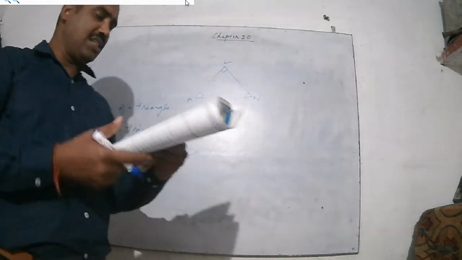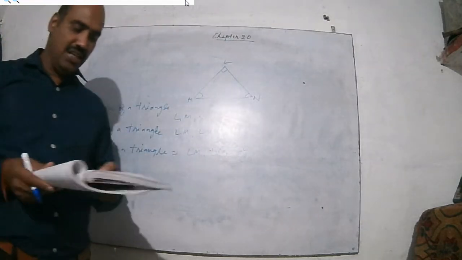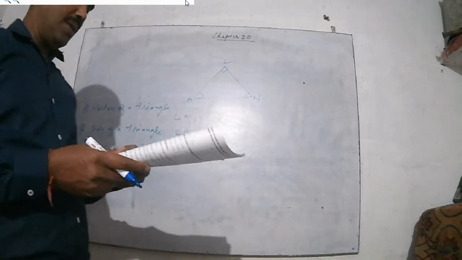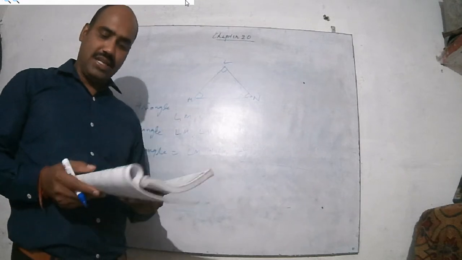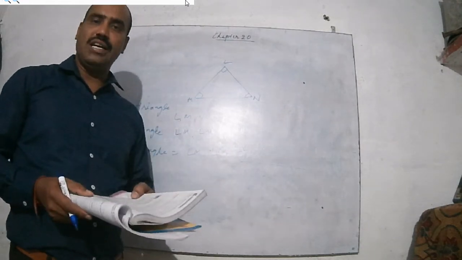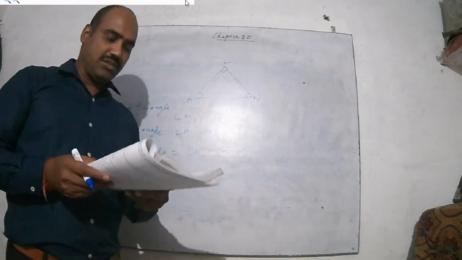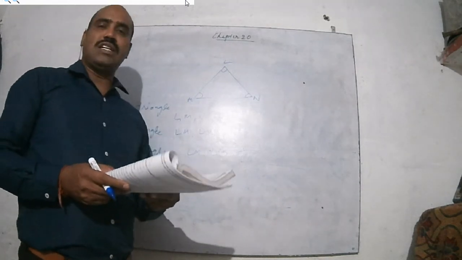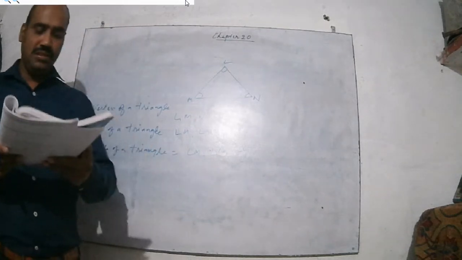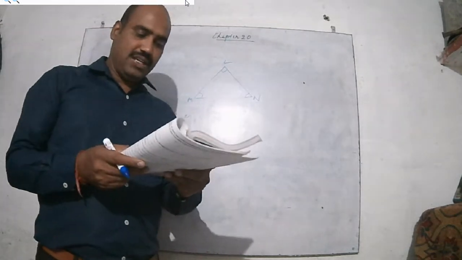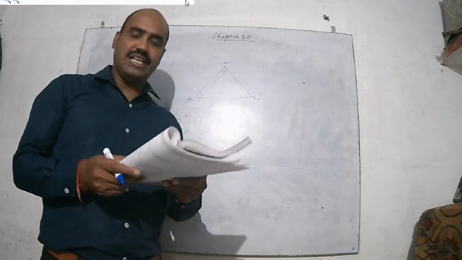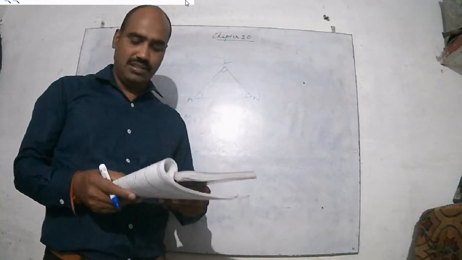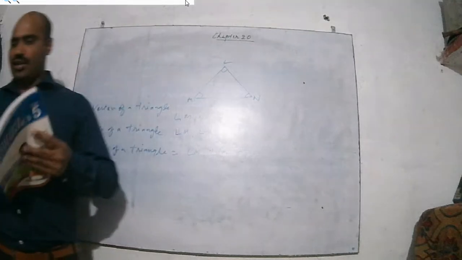So in this question, classify the following triangles with respect to their sides. Now here in A part, you have to classify this one as isosceles, scalene or equilateral. Okay. So here two sides are equal and one side is different. In question number 2, A part, two sides are equal, so it is isosceles. Okay. If we come to B, here all sides are not equal, so here it is scalene. So in this way you have to do. Okay. Now we come to next.